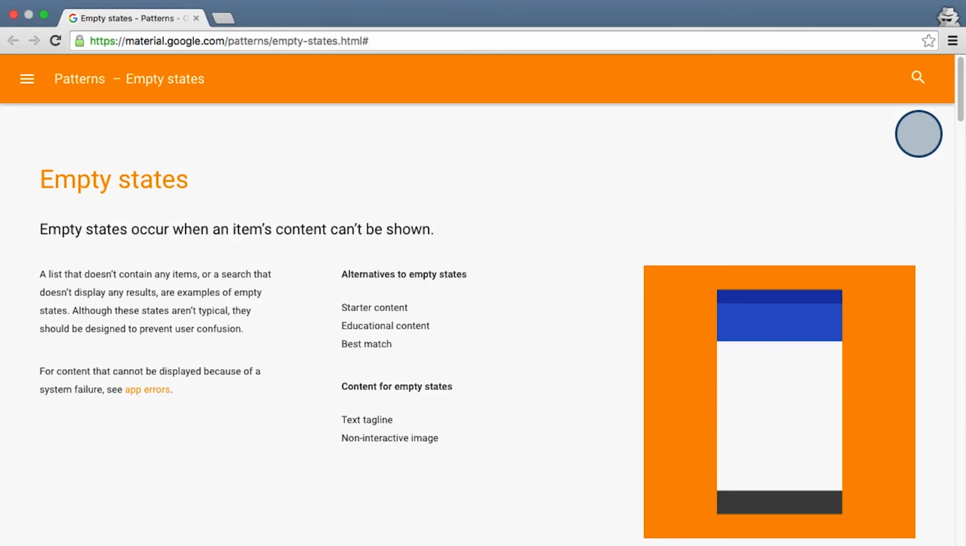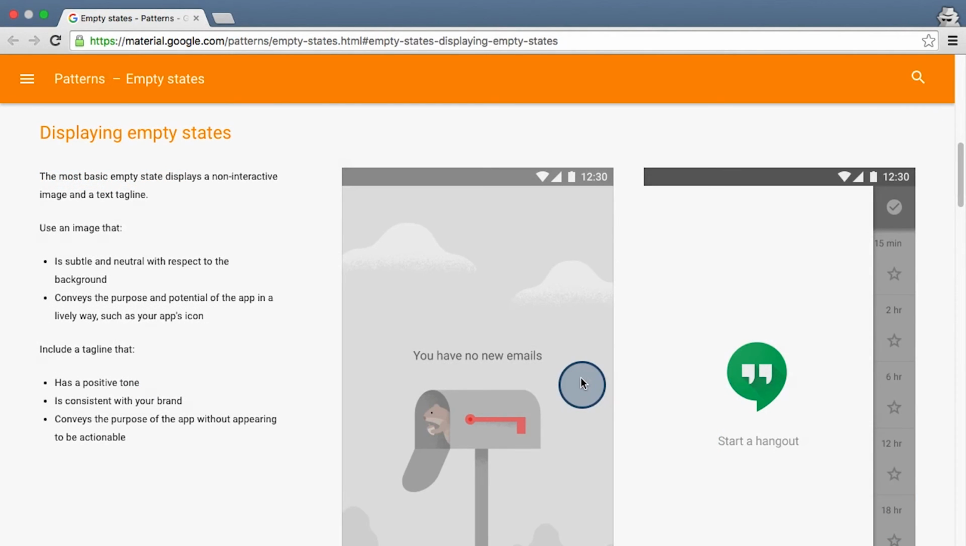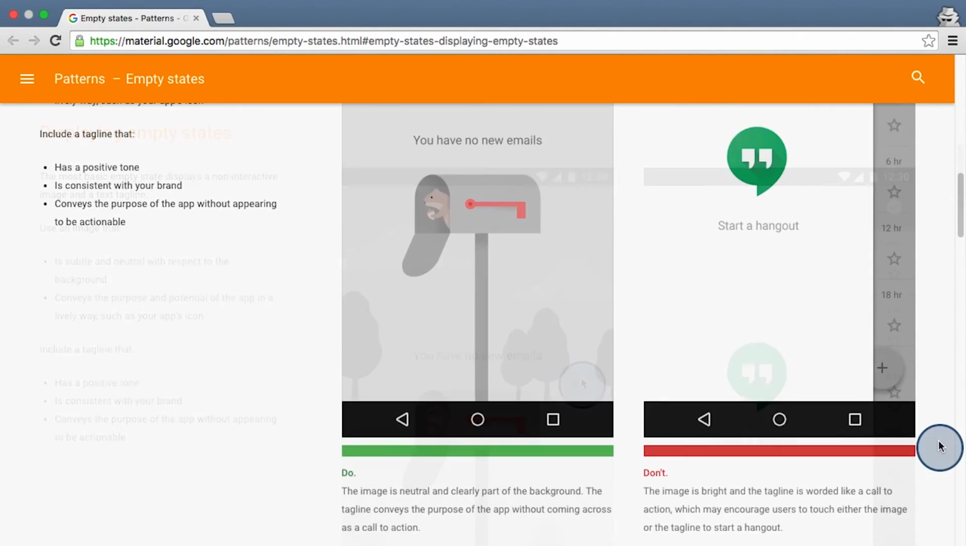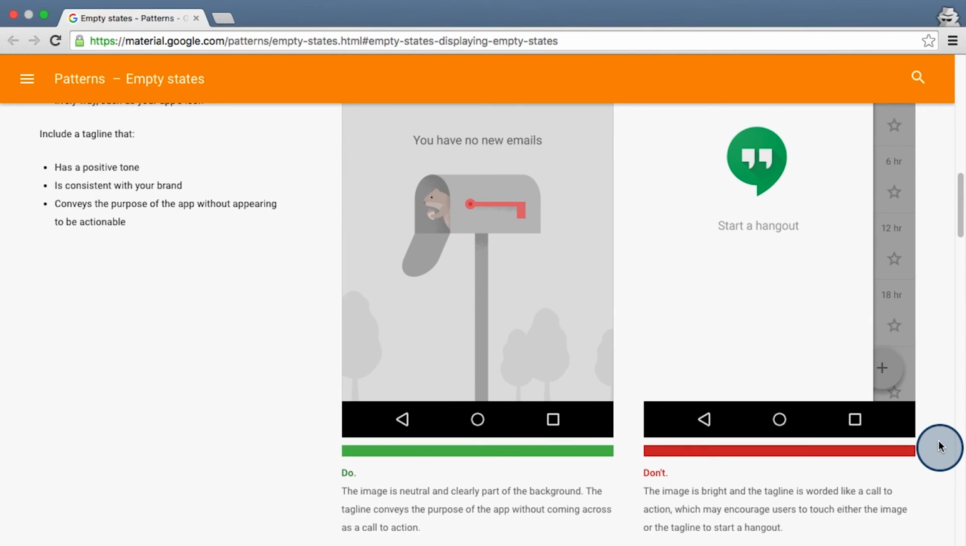Sometimes apps have no data to display. For example, there may be no new messages in someone's email inbox. So as developers, we need to handle this situation gracefully. Well-designed apps will even try to make the experience a little bit more pleasant with, say, a cute graphic, for